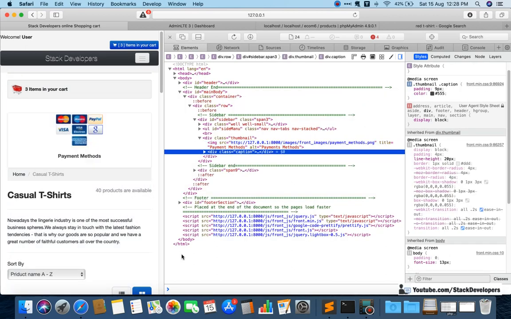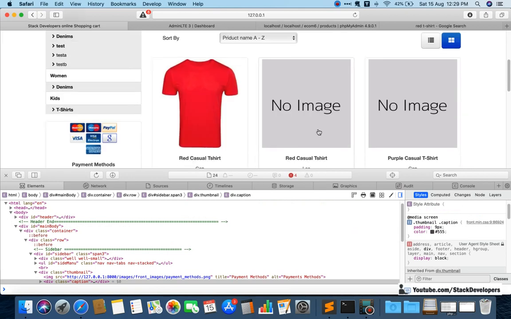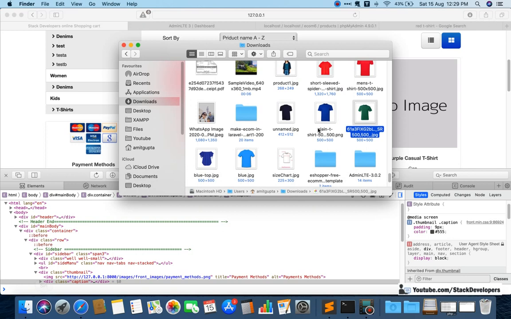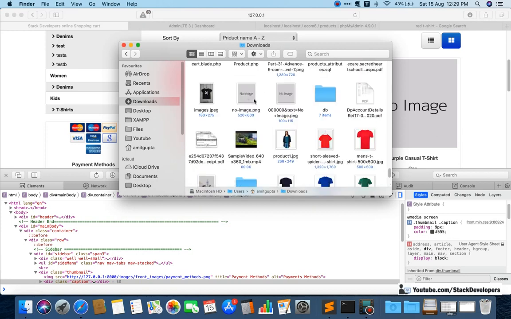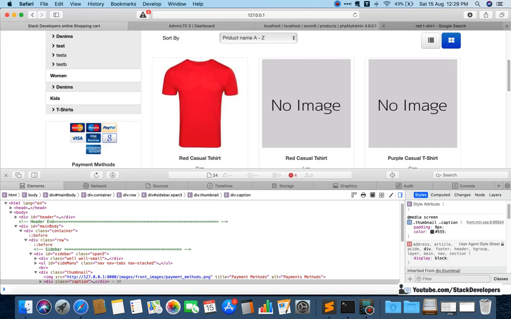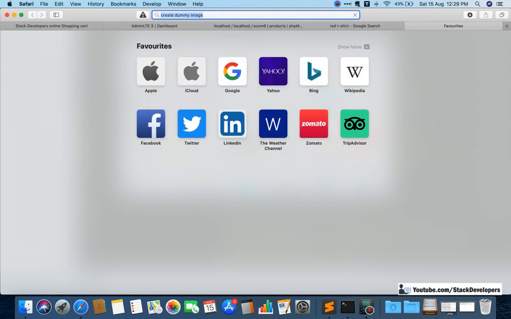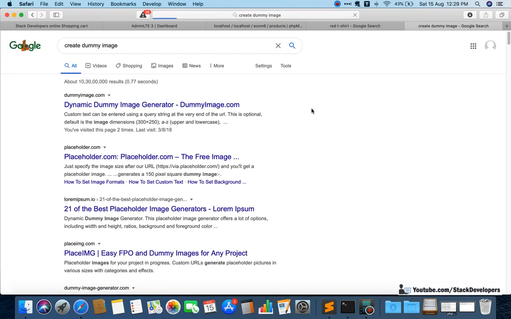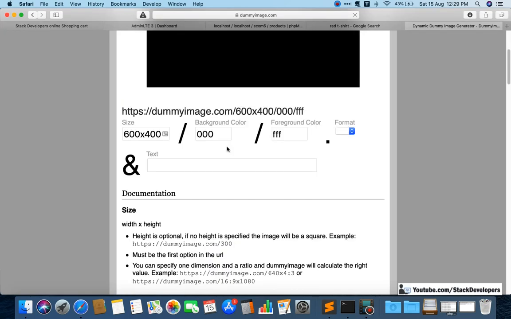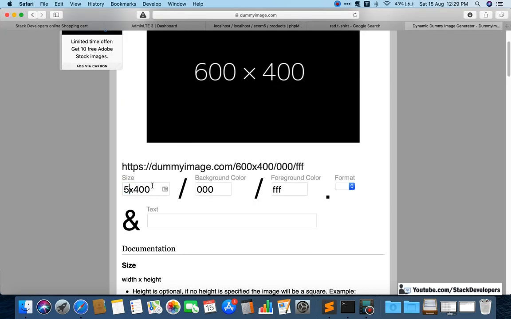Okay, so that thing we can do as well. So here I go and I will convert it once again from here. Okay, so now the no image we can update. See here, the no image is now 520 into 600 size. So we can create a new image here, create a dummy image of size 500 into 500, because now we have updated the size of our image. Here I'm going to pick 500 into 500.